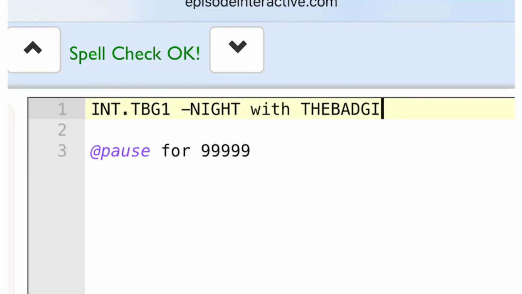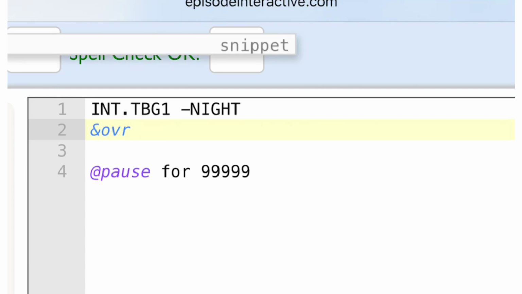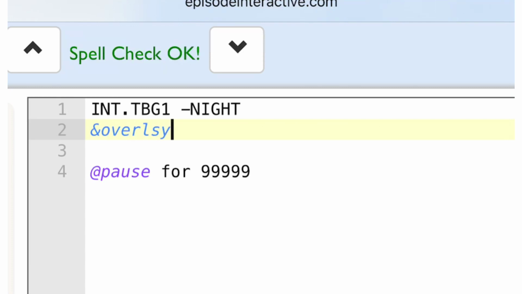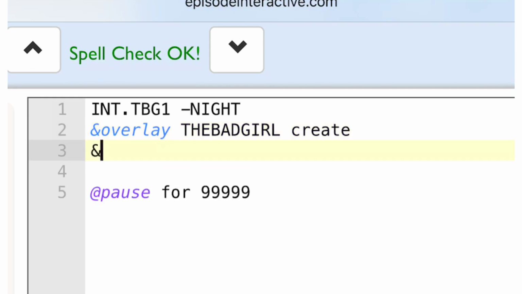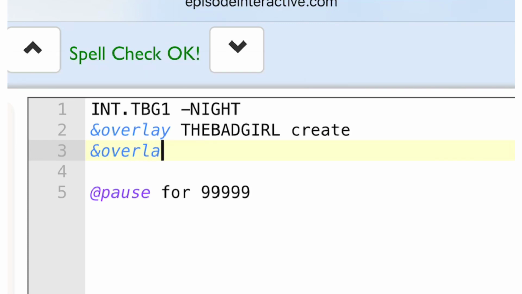Okay, so we're gonna get rid of the overlay. You have to type in overlay, you type in the overlay name, and you type in create. Because if not, when you have the overlay fading in, you don't want it to pop out of nowhere because that looks raggedy and we don't want your story to be raggedy. So we're just going to type this in, overlay the bad girl create, and we want to make sure that the opacity is 0% because if not, it's just going to pop up out of nowhere. So overlay the bad girl,